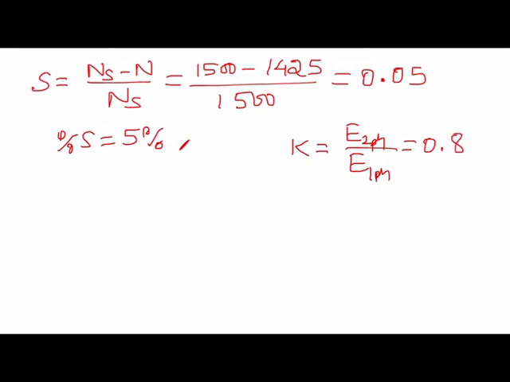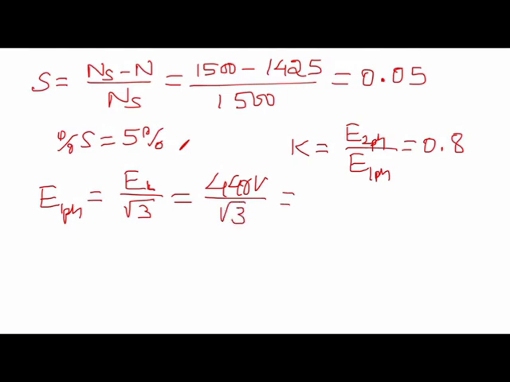The E1 per phase voltage is equal to the applied voltage. Applied voltage will be in terms of line quantity, so we need to convert the applied voltage into phase voltage, that is EL divided by root 3. If you do it, you will get the phase value. Applied voltage is 440 volt divided by root 3,